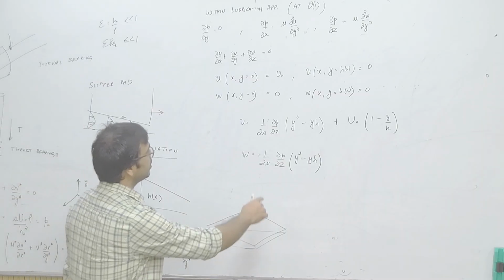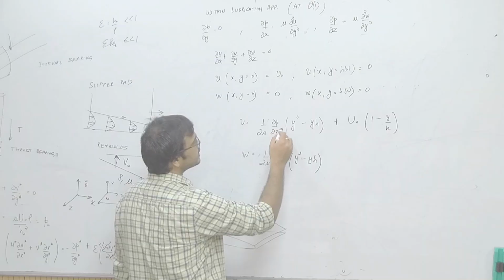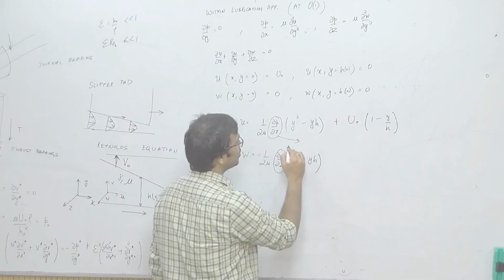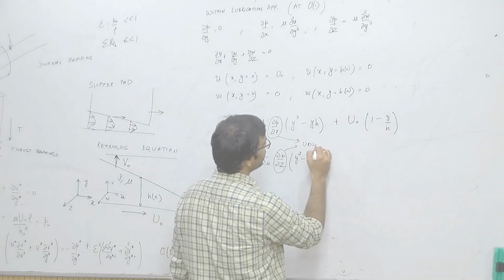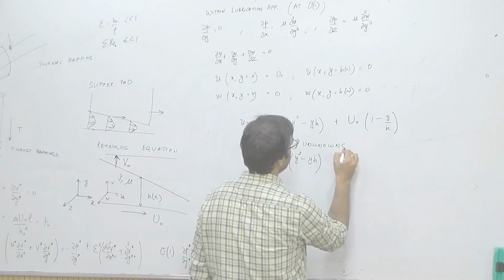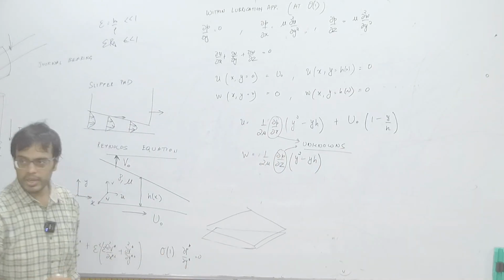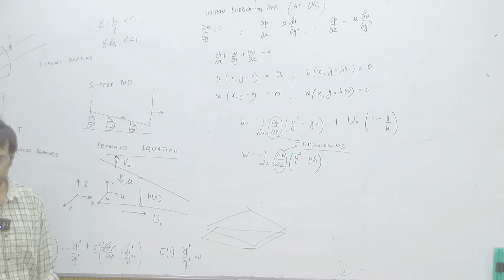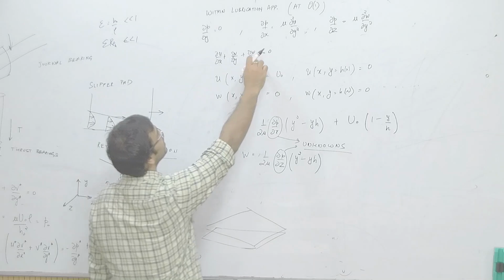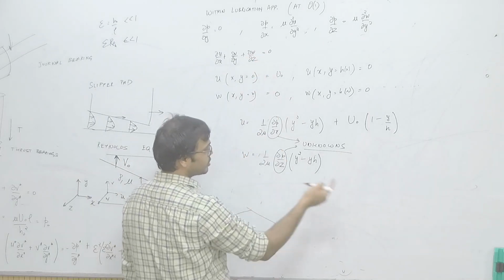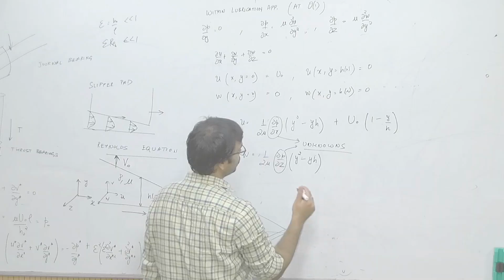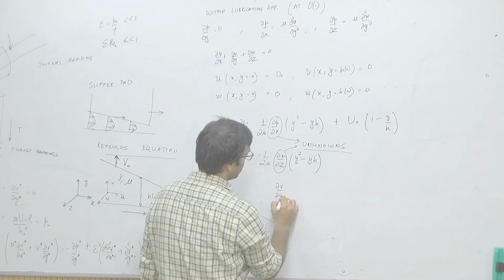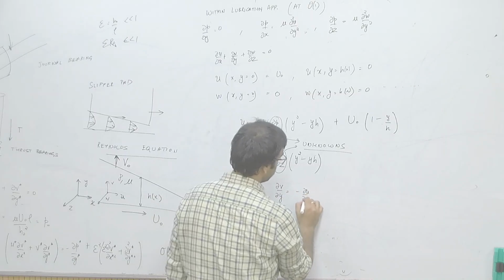And now you should understand that these things are not known. These are unknowns. We still have to find them. And the way we find del p by del x or del p by del z, or an equation that governs this, is through the continuity equation, using the same procedure that we just followed to show flow rate is constant. So, what we will say is that del v by del y is minus del u by del x minus del w by del z,